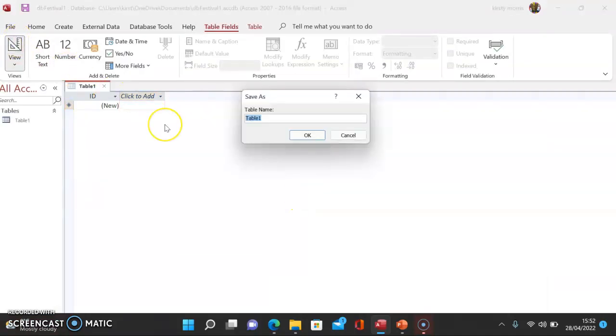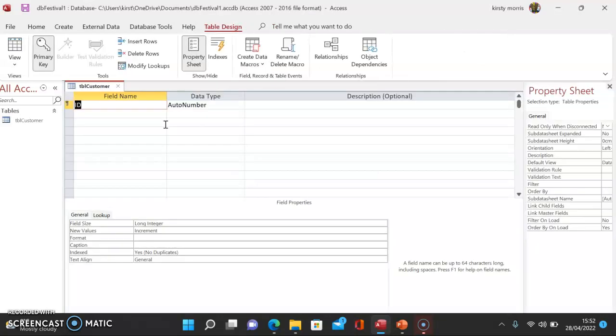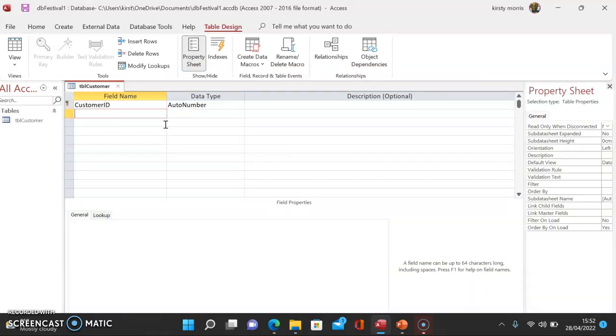Now remember, we like to create our tables in design view. I'm just going to write in table customer first and click OK. And again, just like with our database names, TBL and then customer has a big C. I don't tend to put an underscore between the object and the table name, but that's up to you if you want to. So I've got it in design view, and now I'm just going to go in and write my fields in. So I've got customer ID, I've got forename,